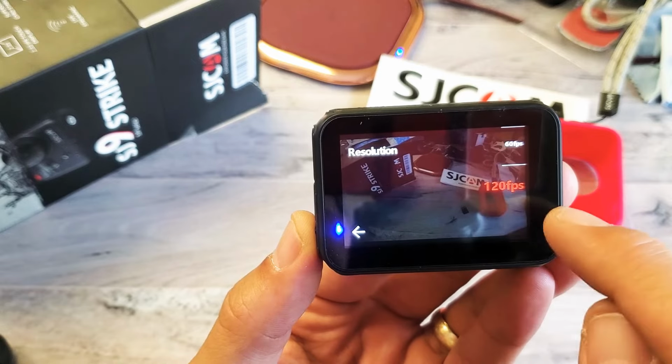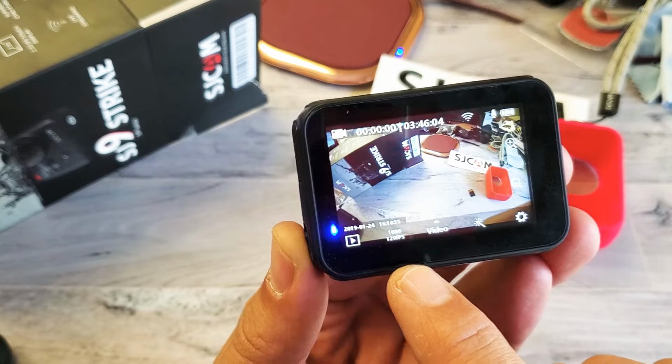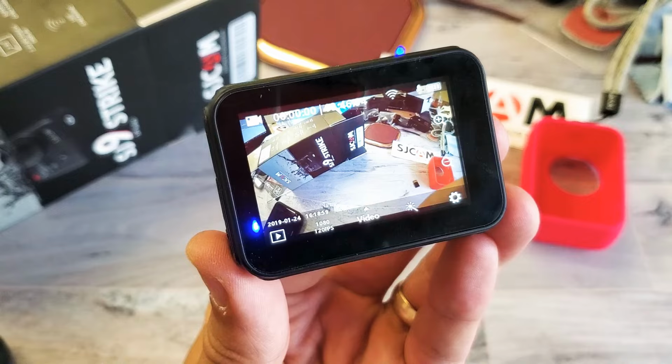and you can even go down as far as 120 frames per second. So if I keep it at 120 frames per second at 1080p, now I just go back here, and I know it's on 120 frames per second because it says down here 1080p, and underneath it says 120 FPS for frames per